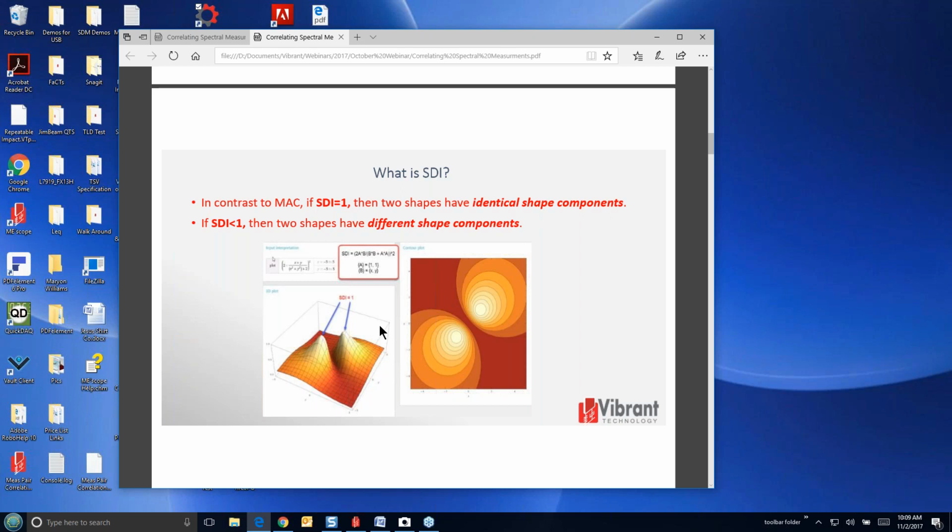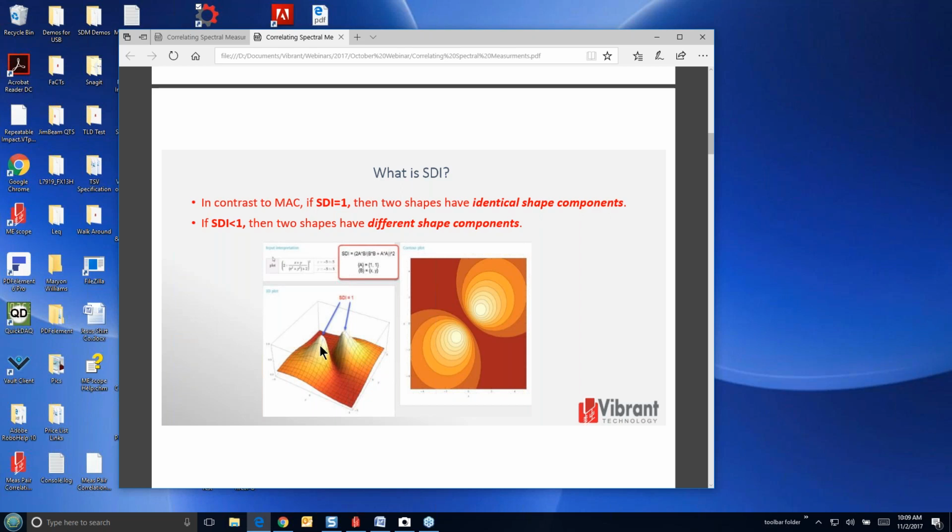Statisticians use a terminology like that, or a correlation factor, or we just call it a shape difference indicator to give it more of a, you know, this is what it's doing, it's measuring the difference or indicating the difference between two shapes. So if the value is 1, then the shapes are identical, or you can see plus or minus.